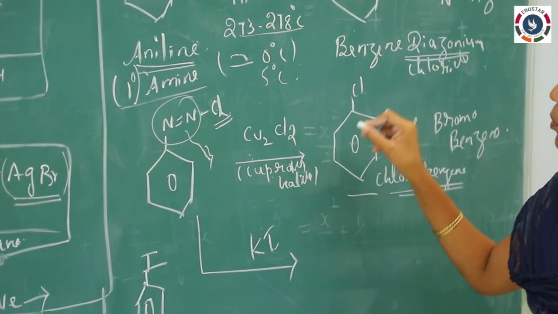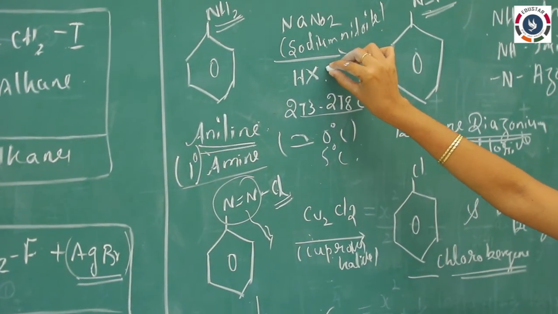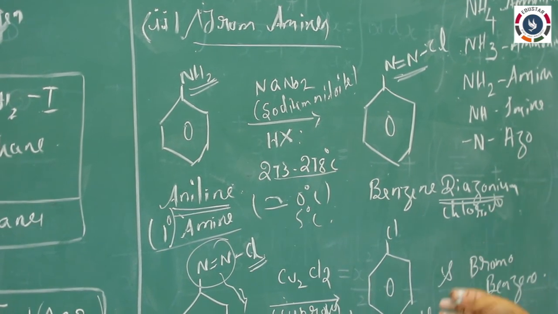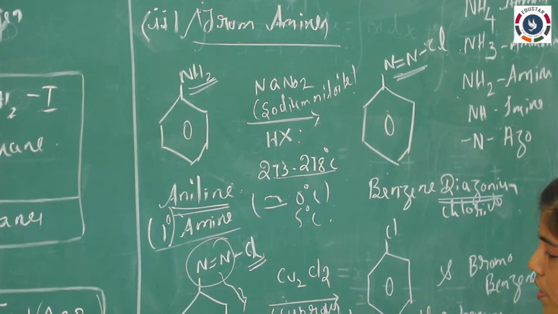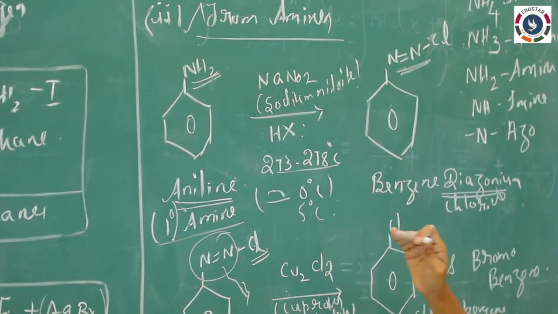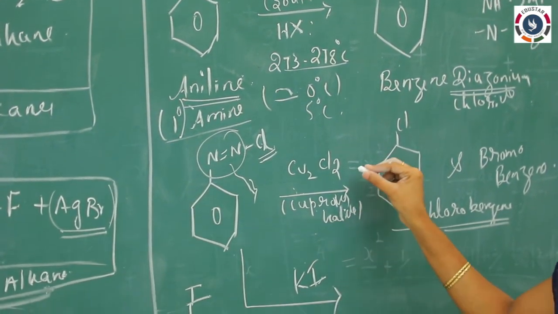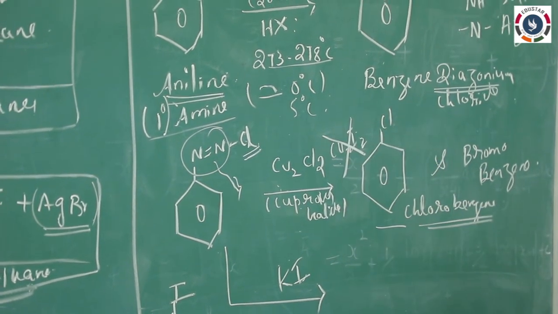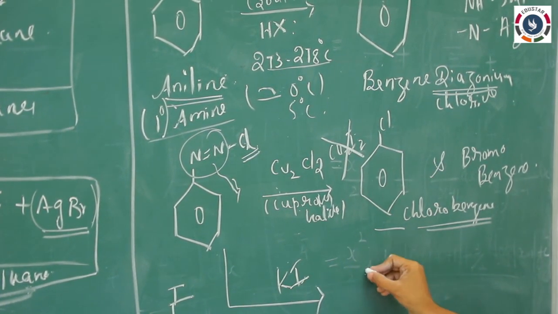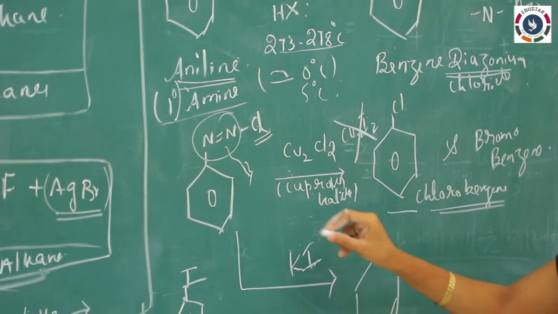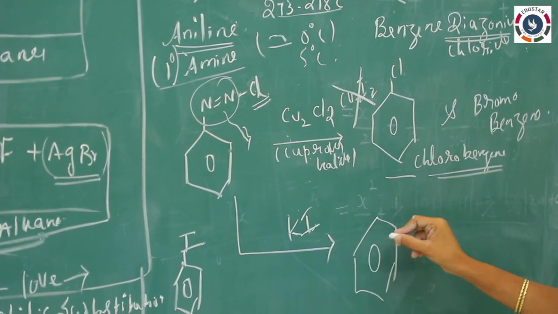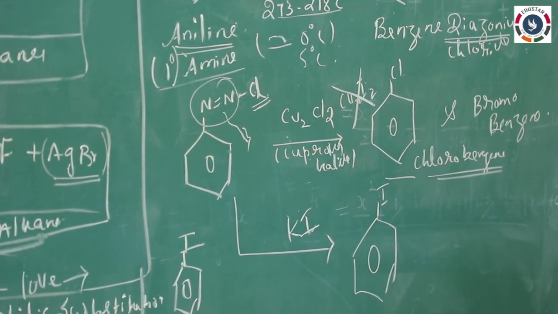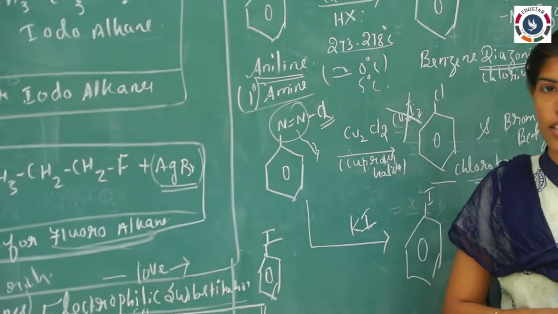Suppose I am taking hydrogen iodide and getting benzene diazonium iodide; in the second step I have to treat it with potassium iodide, not with cuprous iodide. Cuprous iodide should not be used. Instead, we have to use potassium iodide. On adding it to the benzene diazonium iodide, I am getting iodobenzene. So, that is all for the preparation of haloalkanes and the haloarenes.